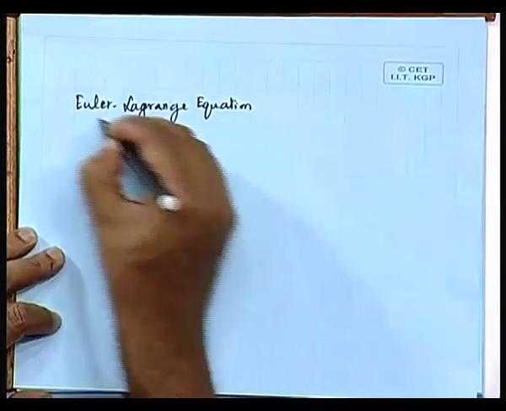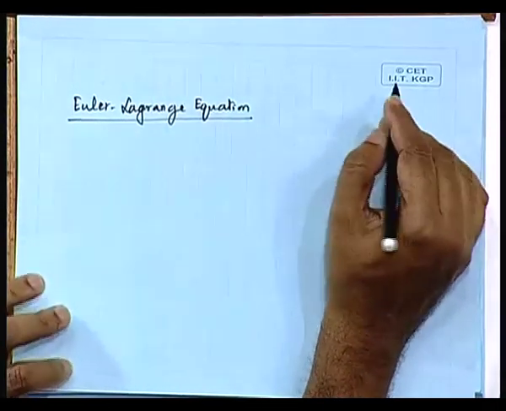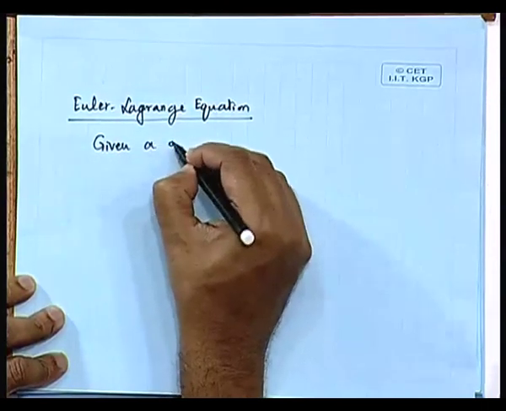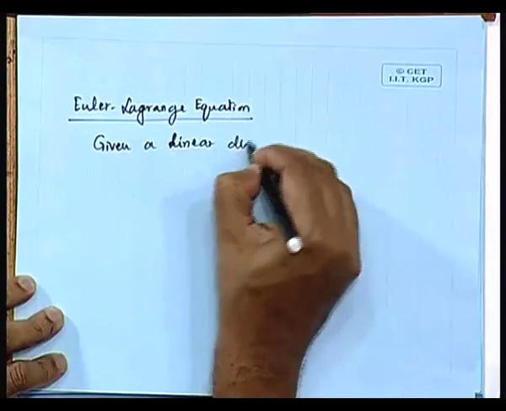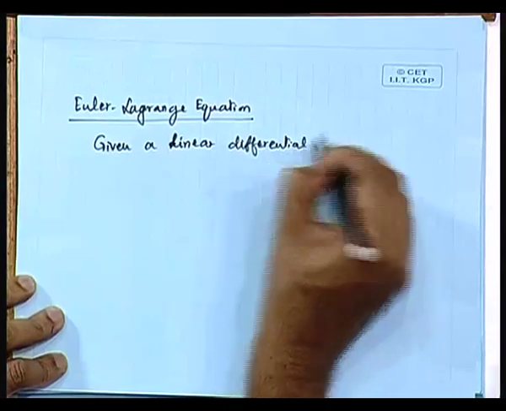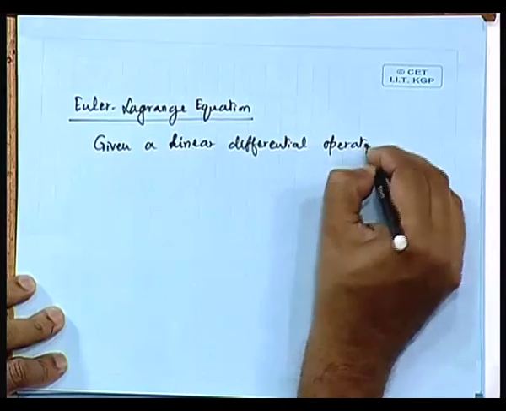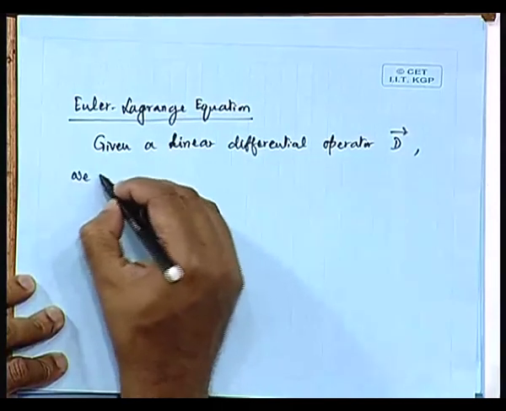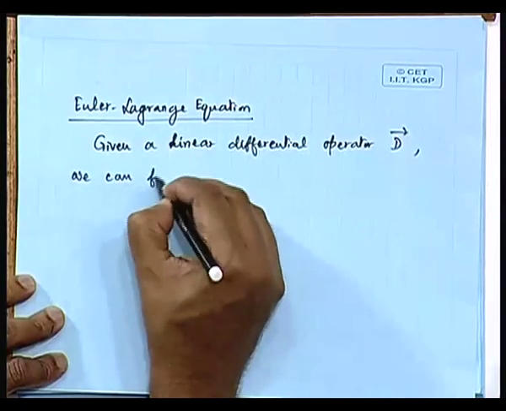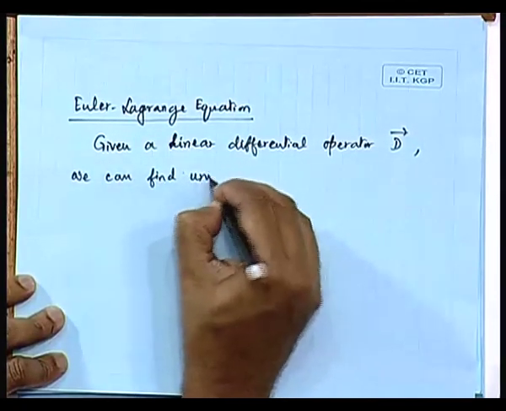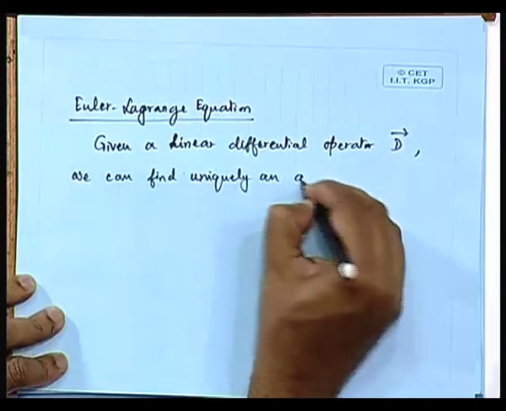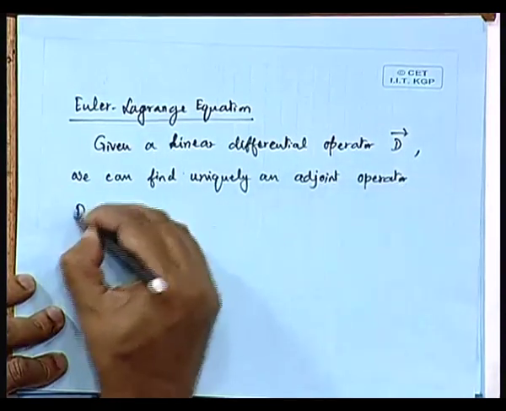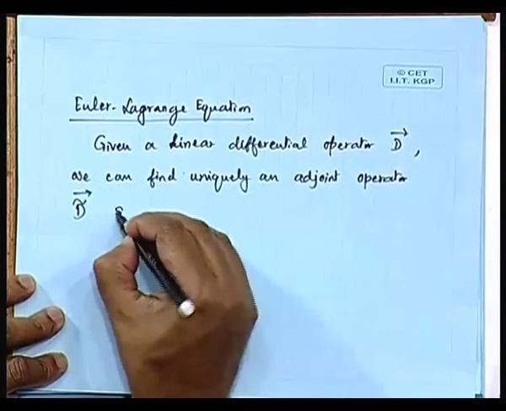And what does the Euler-Lagrange equation have to tell us? That is to say, given a linear differential operator D, we can find uniquely an adjoint operator, which we can write as D tilde. We call this the adjoint operator D tilde, such that